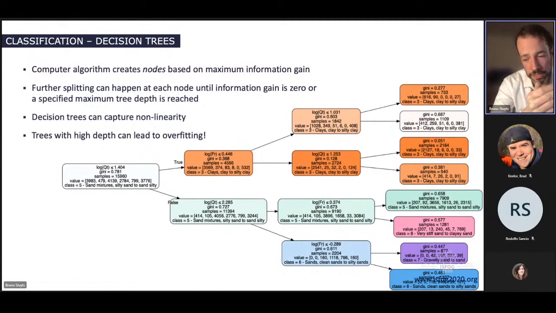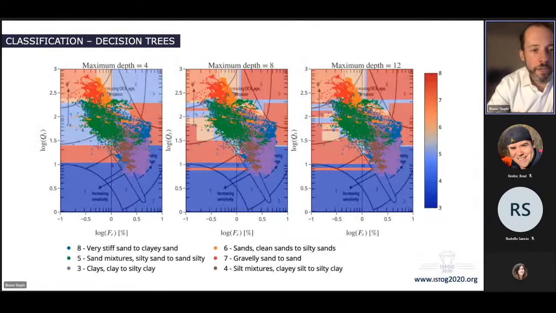But the downside is, especially when the splitting continues for a very long time, that you will predict a class for each individual data point almost, and you will see overfitting in your data set, and the models will generalize poorly. This is visualized here for our CPT soil type data set,